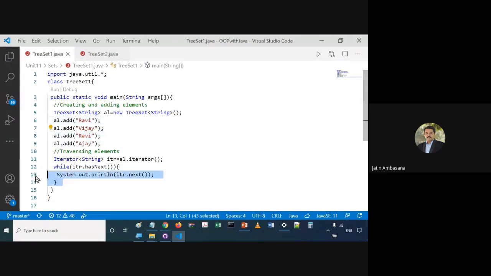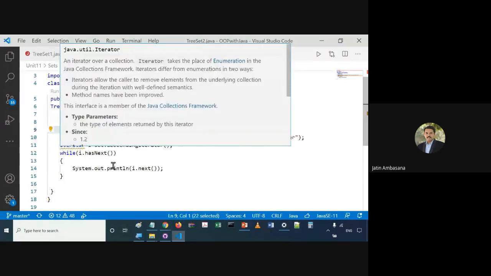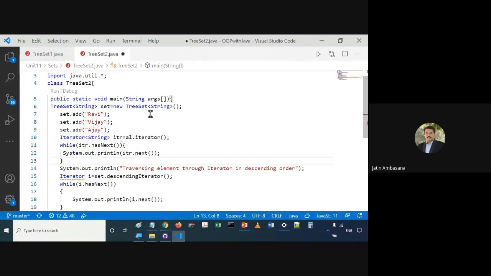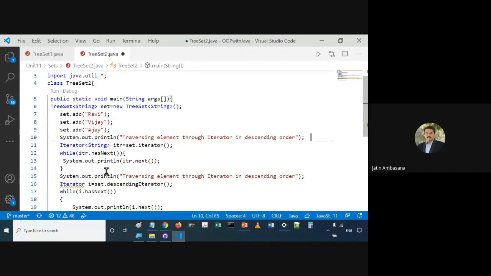I'll put the example in both. Here we'll say we are traversing in natural order. So let's run this.